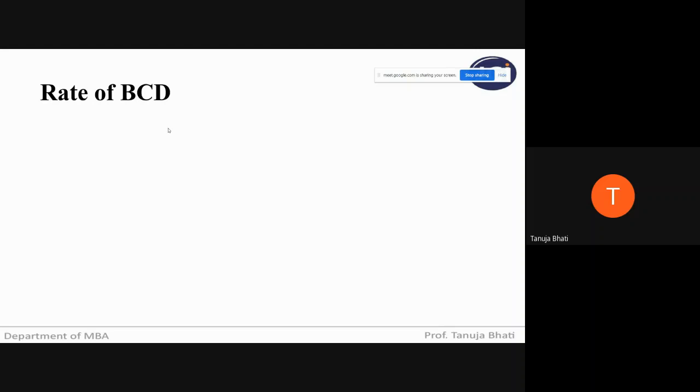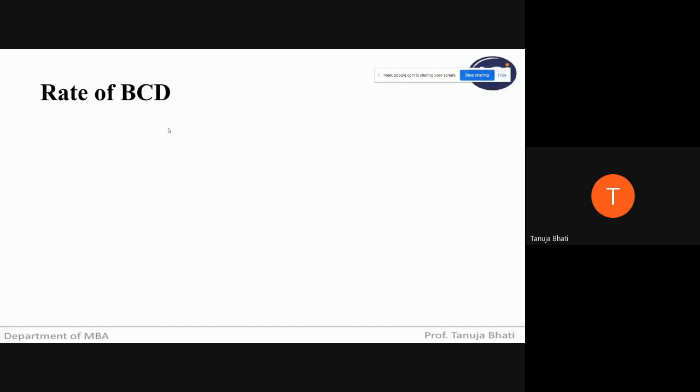Then, what rate are you supposed to consider? Suppose when you are importing the goods, the rate is different. Once the goods reach the mainland of India, the rate is different. And when you submit the bill of entry, the rate is different. In such a case, what is the rate of BCD that you're supposed to consider when you have to calculate the basic customs duty? Which rate will you apply? The rate when you're ordering the goods, or the date when the goods are being imported, or when the goods reach the mainland of India?